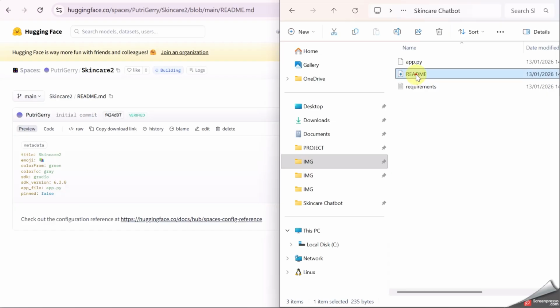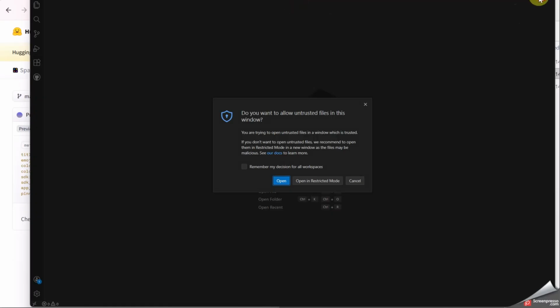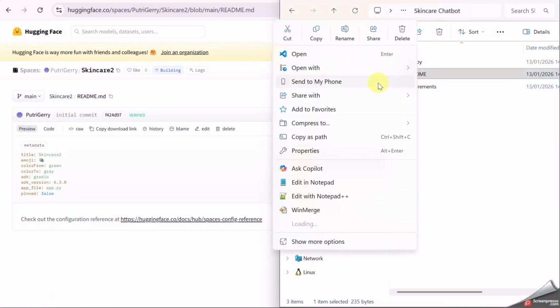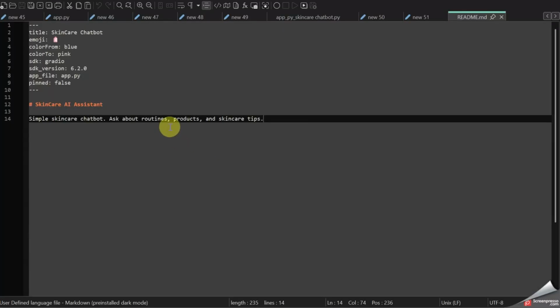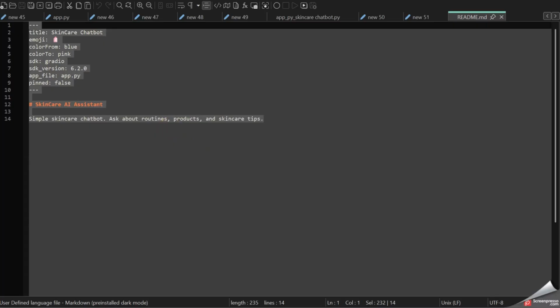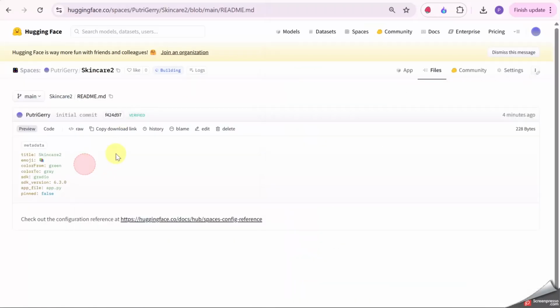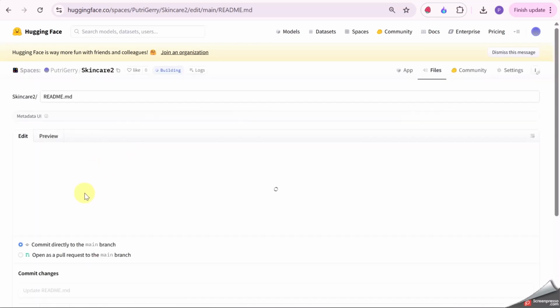There is the readme that I have. Click the edit, and I'm just directly editing it.